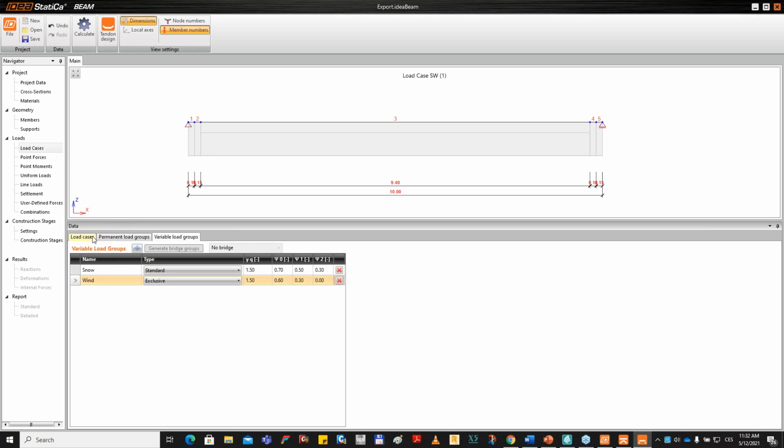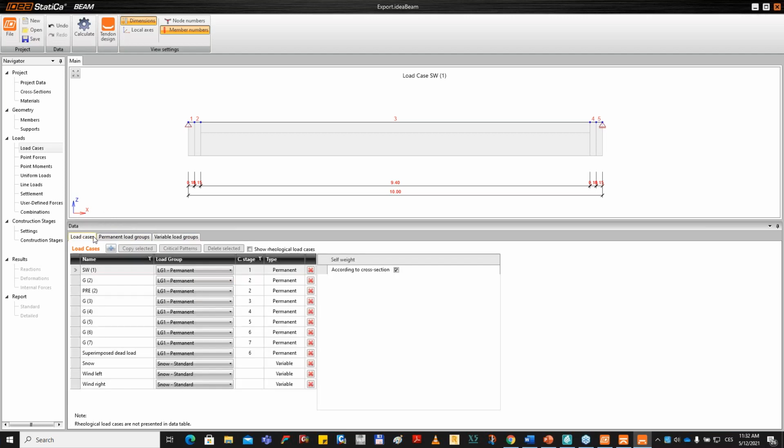Now I can come back to the load cases, and I will add the type to the load group. So snow, I can leave it and change the wind only. Now everything is prepared for the combinations. So I can come back to the combination,